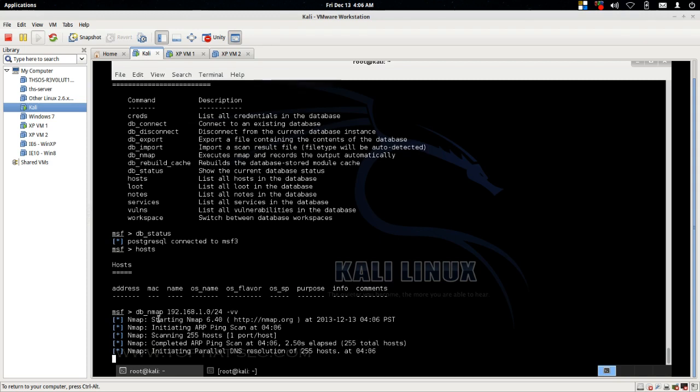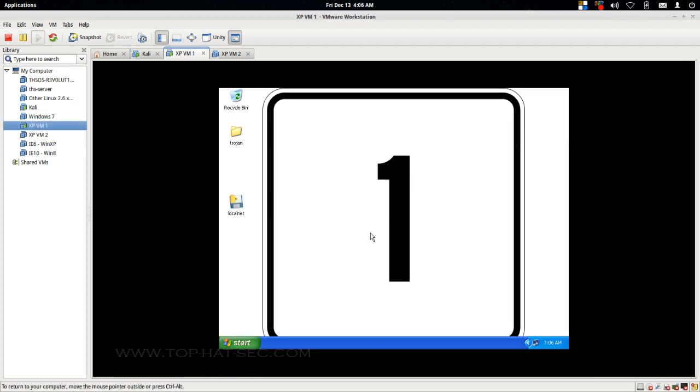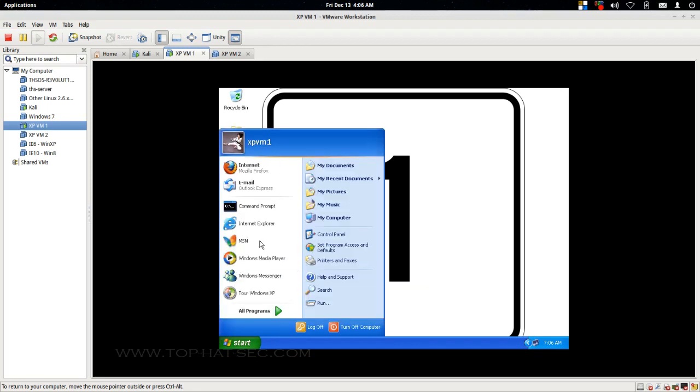But I'm just going to go ahead and do that and hit enter, and it actually tells us what it's doing. If we didn't put this -VV, it would just show us the starting Nmap. It probably wouldn't show us any of this other information. So we're going to wait and see what that does. And since that's doing that, I'm going to jump over to my XP machine, just to show you guys,